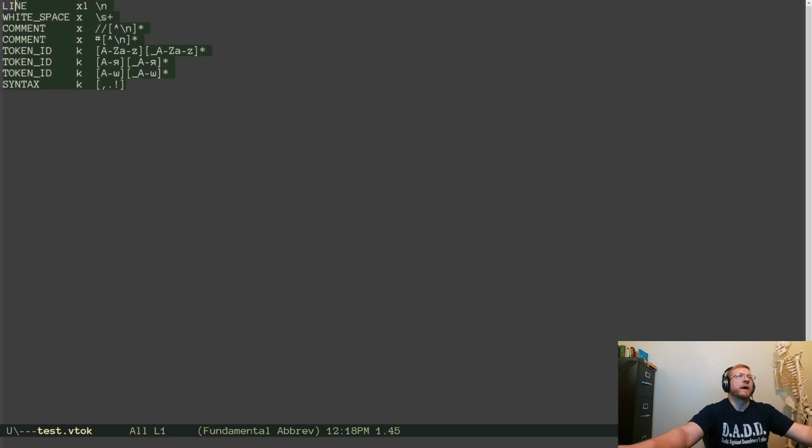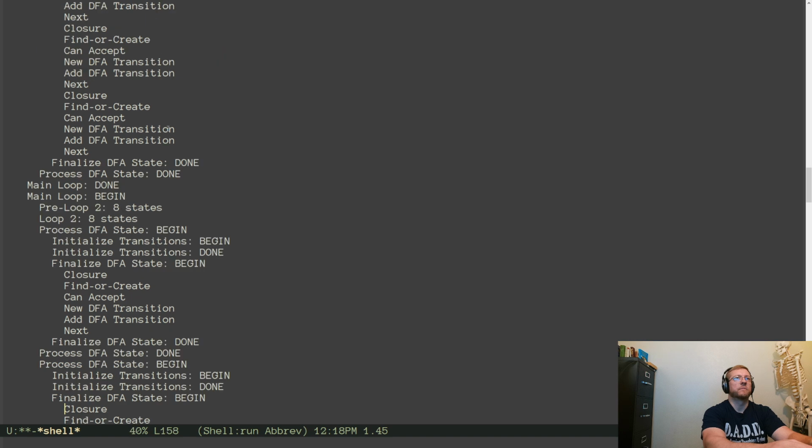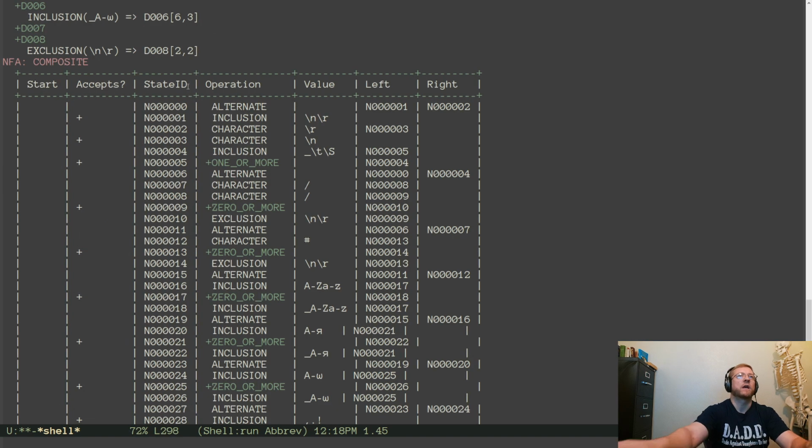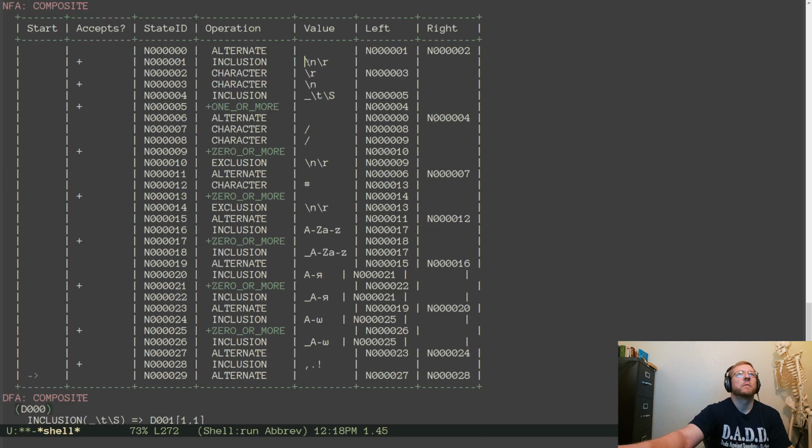That's what we would expect in our parse tables. So if we go look at the NFA table, blah, blah, blah, there's the \n \r that we care about. You'll notice that there are 2 other exclusions here.